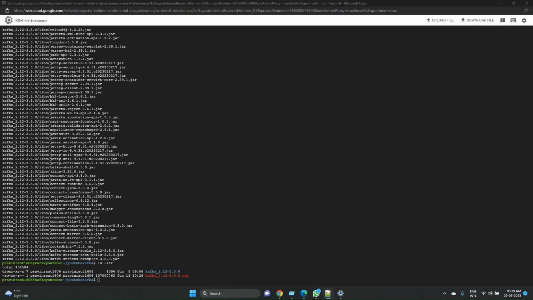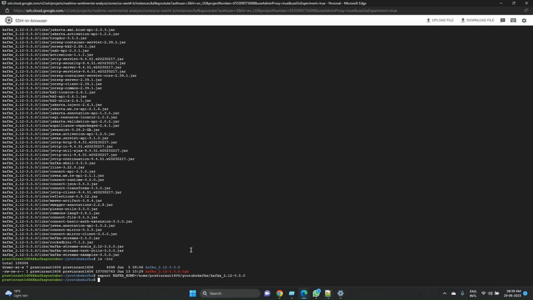Let me set it up as Kafka home so that I don't have to give the entire path each time I execute. So I'm setting it up as Kafka home. The first thing we need to do is use a command on Google Cloud which will enable the firewall rules to allow TCP port 9092 to connect. And apart from it, we can connect from different external IP addresses. So we need to connect from multiple IP addresses from an external site, not on Google Cloud. So this command will help us